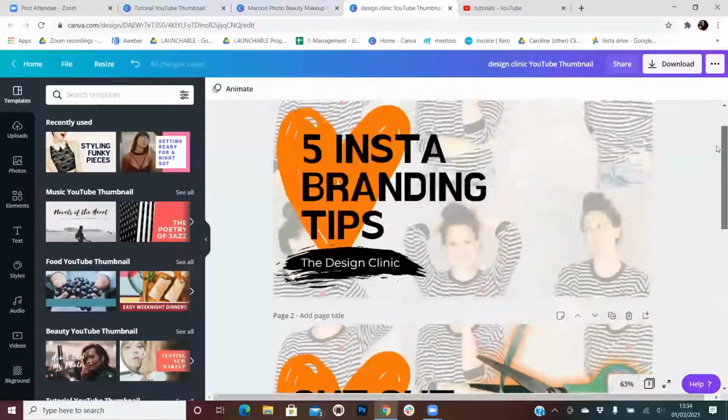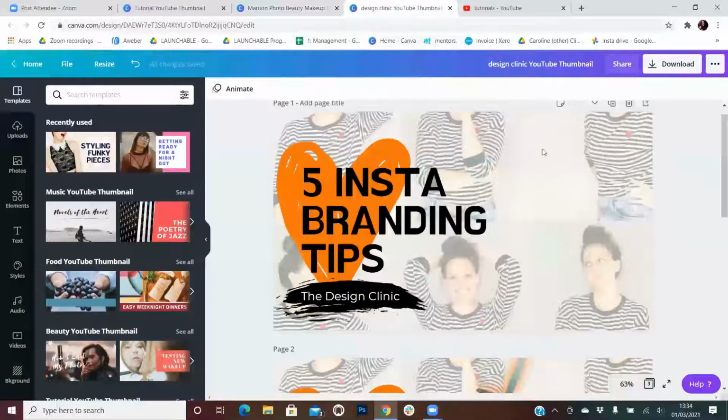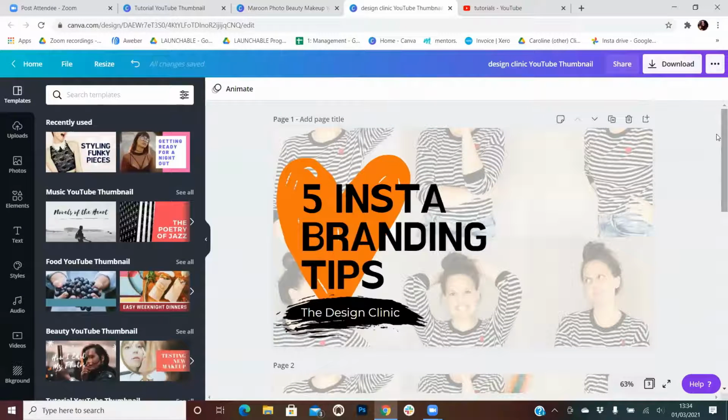I've used the background of myself as a background to use, but you can use all sorts of different things that you'd like. And then it's really just a case of choosing what works for you and having a play with how you want it to look, and the different things you can add in. I guess you don't want it too cluttered ultimately. You want your fonts to be nice and clear. You want it to be